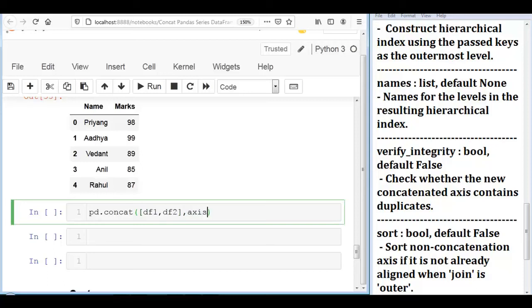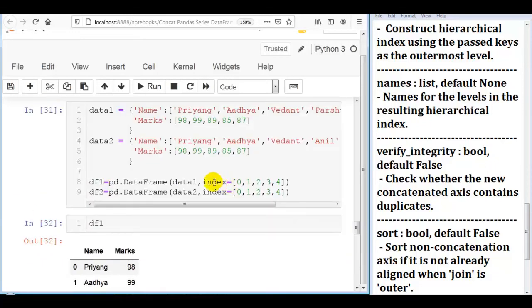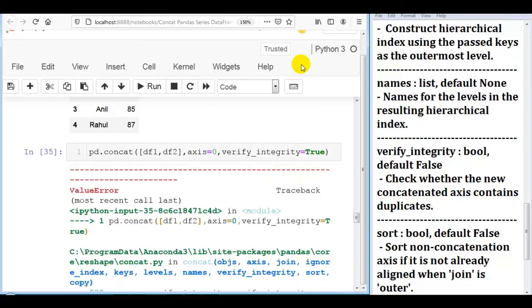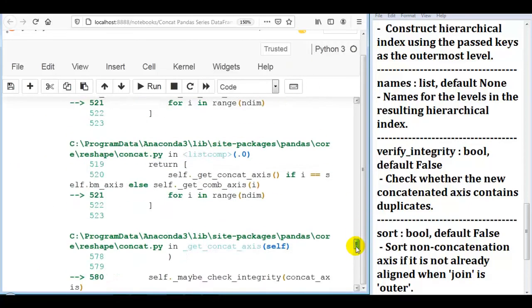Let me pass axis equal to 0, which is the default, and verify_integrity equal to True. As you can see, we have indices 0 to 4 for data frame 1 and 0 to 4 for data frame 2. So in our case, both data frames have the same indices. If I execute this cell, as you can see, a ValueError is generated.